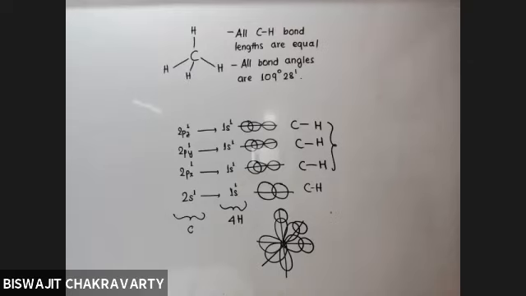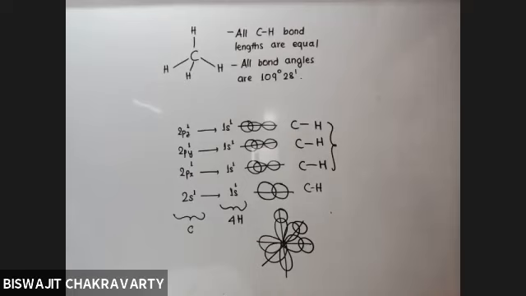Yes, sir. Is it clear, everyone? Bond length has nothing to do with bond angle. Bond angle is a different aspect and bond length is a different aspect. So we were expecting that the actual structure of methane should have one carbon hydrogen bond shorter with respect to the other three carbon hydrogen bonds. And the bond angles between carbon hydrogen bonds should be 90 degrees because it is the p orbitals, which are mutually perpendicular to each other, that are involved in bond formation.